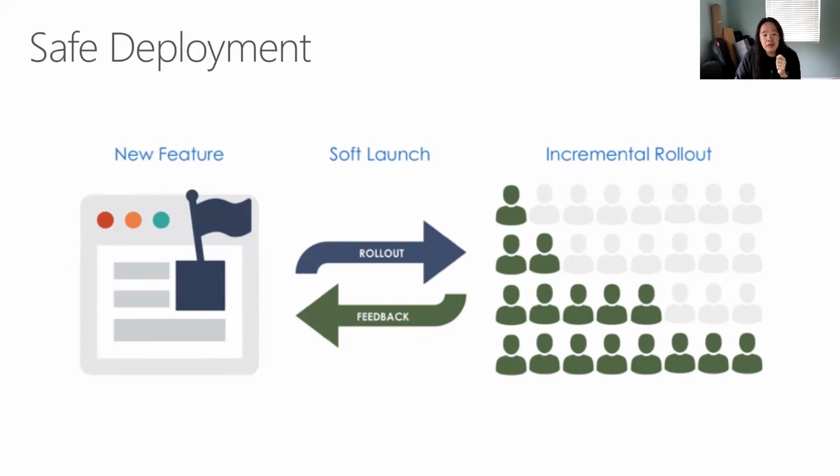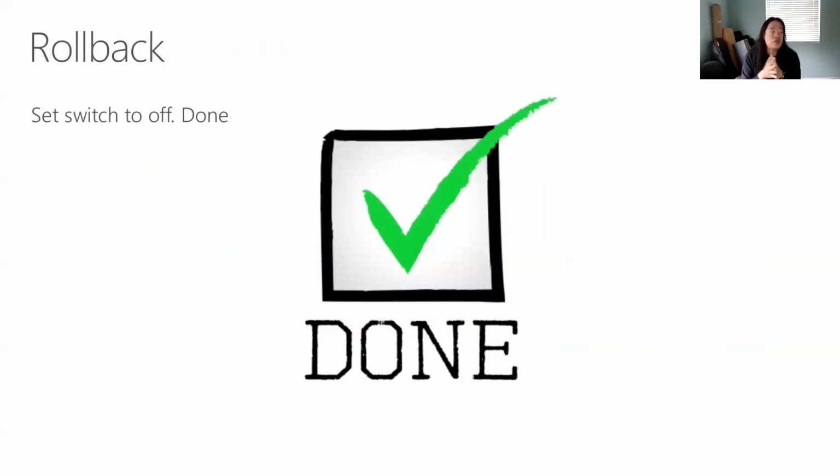And the final reason why you would want to use feature flags is because rollback, or removing a feature, becomes incredibly simple, right? You flip your switch from on to off, and guess what? You're done. That's it. There's nothing more you need to do. I am constantly being asked, especially back when I was doing consulting, where people would say, we just pushed out feature A, feature B, and feature C, and we love feature B and we love feature C, but feature A, not so much. Is there any way you can roll that out?